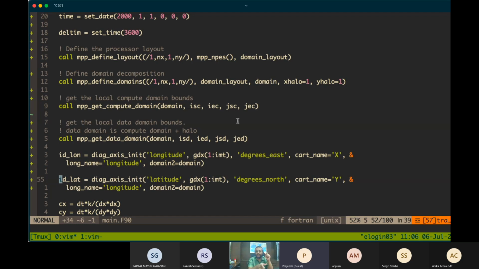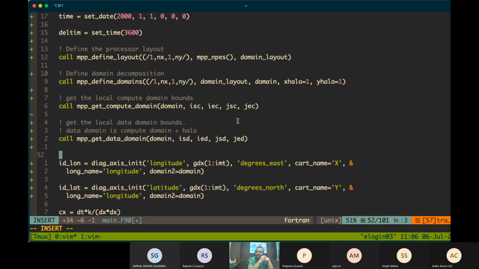First time we are calling into the model now. ID lon doesn't contain the elements of GDX, it contains only a number.